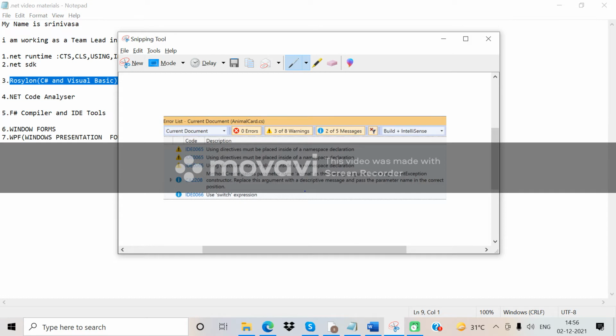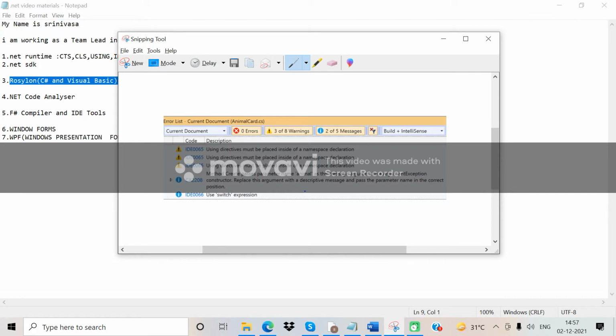The second one is editorconfig files. Editorconfig files contain error, warning, suggestion, silent, and non-default severities. These come under the editorconfig file severities. And the third one is build time behavior.